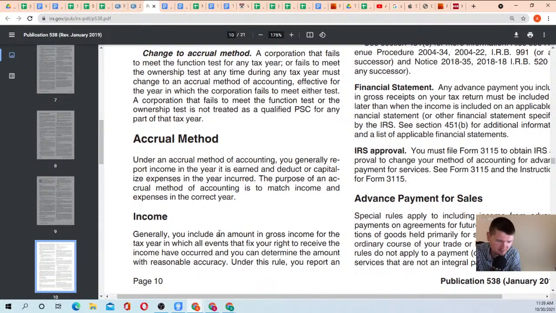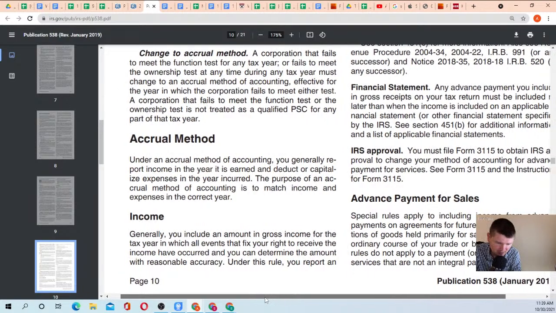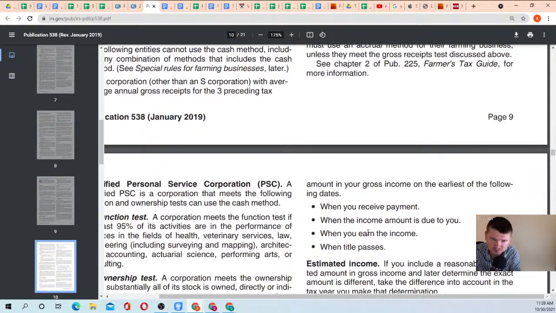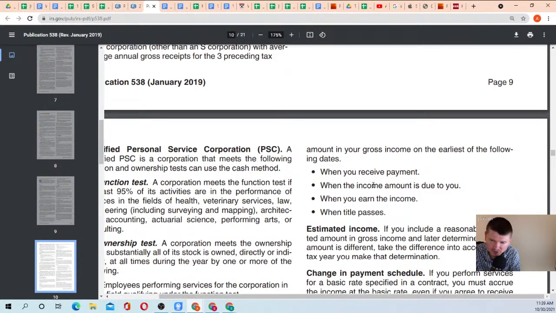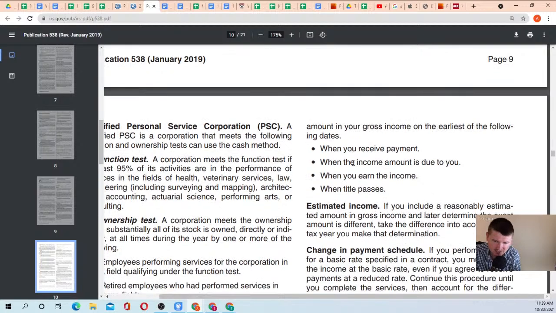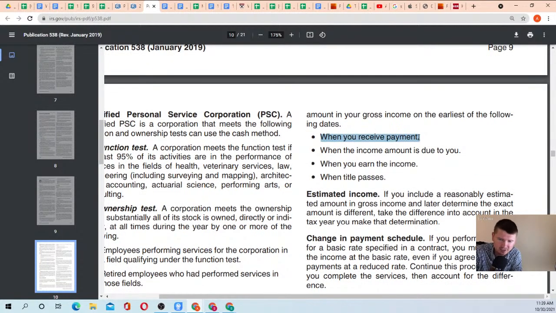But you might have, most of the time, revenues generated or expenses incurred. However, from time to time you have transactions which will receive different treatment, especially related to acquisition and depreciation of fixed assets. You report an amount in gross income on the earliest of the following dates: when you receive payment, when the income amount is due to you, when you earn the income, when the title passes. And that's interesting because they say that you will recognize an income when you